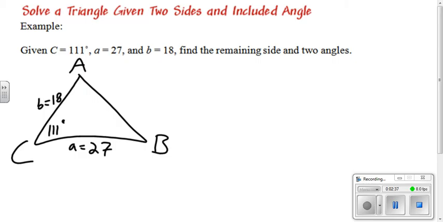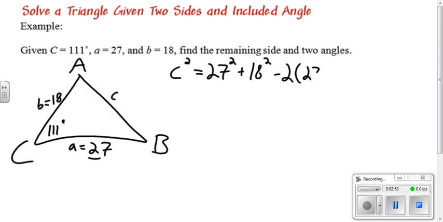So to get our first one, we need little c. And we know that little c squared equals 27 squared, that's our little a squared, plus little b squared, so 18 squared, minus 2 times the amount, 27 times 18, again that's our little a and our little b, times the quantity cosine of C, which is